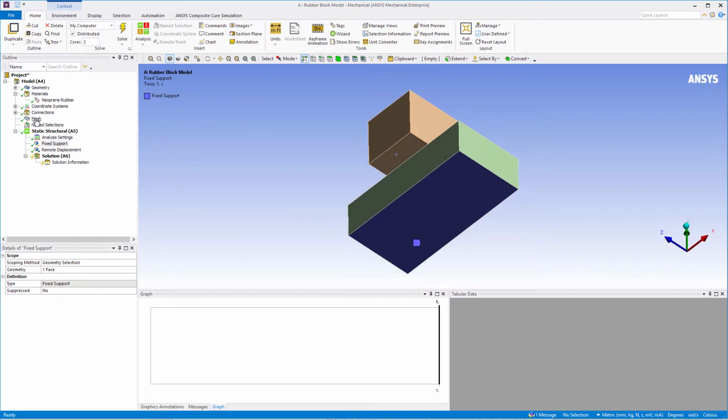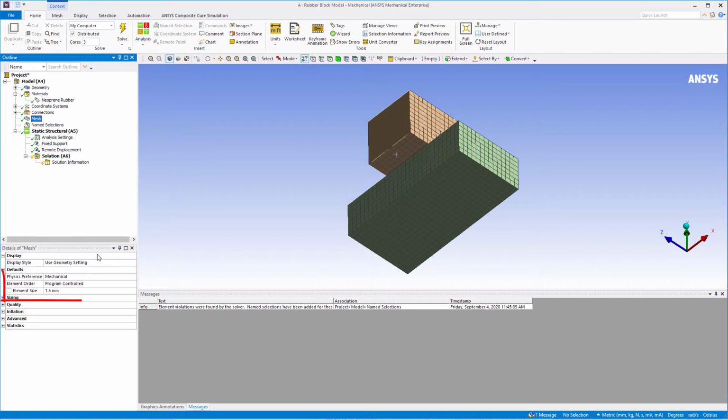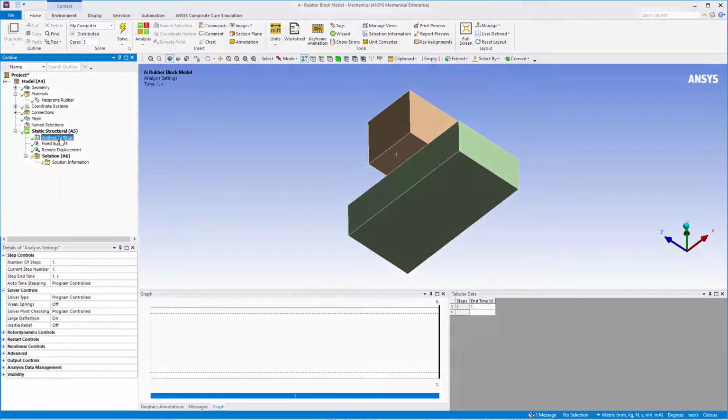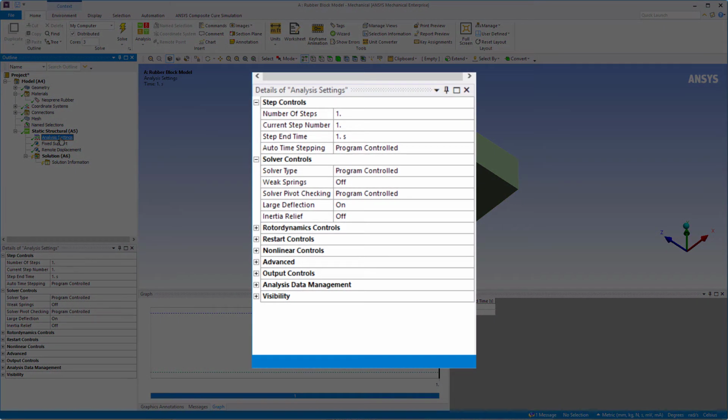For the mesh settings, the element order is set to program controlled, and this will result in quadratic elements with mid-sided nodes. For the analysis settings, we leave the automatic time stepping to program controlled. Large deflection is turned on as required for hyperelastic material models, since we are looking at large deformations and large